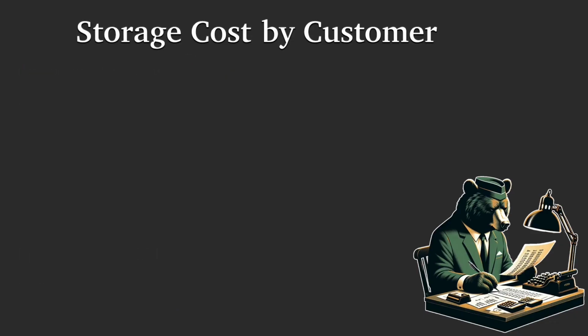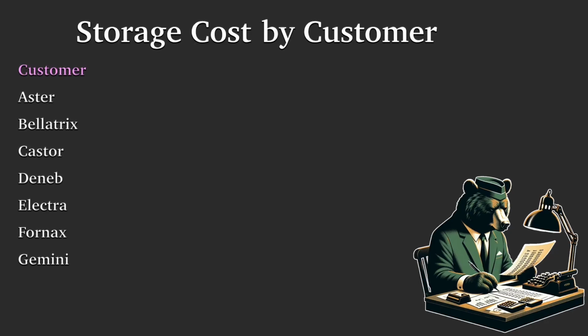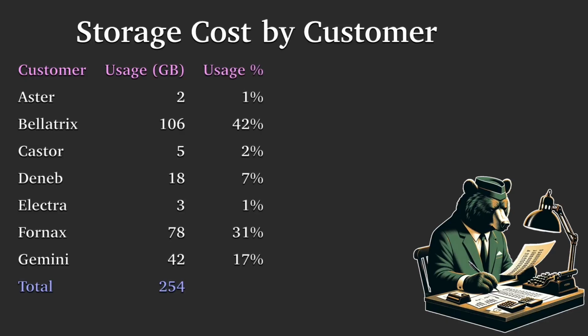In this example, I'm going to determine infrastructure storage costs. So this might be some attached storage or some other storage that each customer is using. But you can use this exact same technique to look at costs in tech support or anywhere else. So for each customer, start by determining how much storage they're using. This might come from information you have in a database or by looking at files on disk. Then simply divide each customer's usage by the total to get the percentage of the total that they're using.